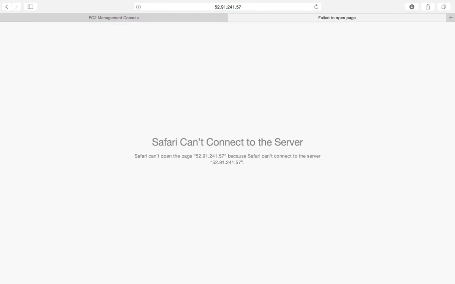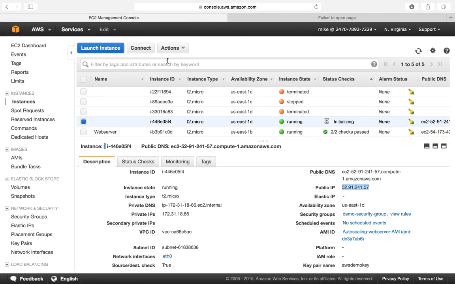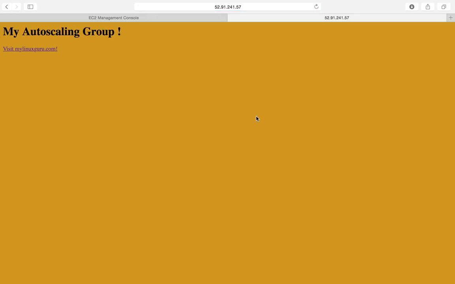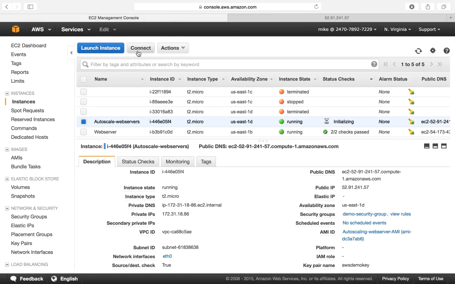Okay, still coming up. Yeah, see, the name came automatically. That's good. So this instance is launched. Let me refresh again because it was still launching. Cool. So my web server is working now. So my auto scaling group is working. It launched one instance. Okay, now let's go back and connect to the instance and run the script to increase